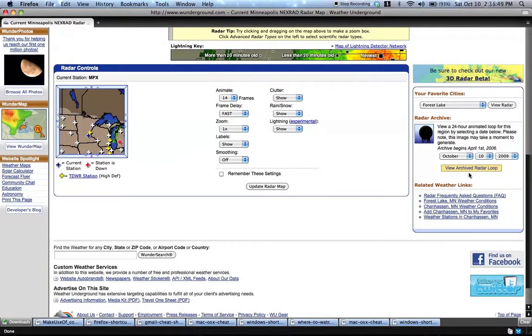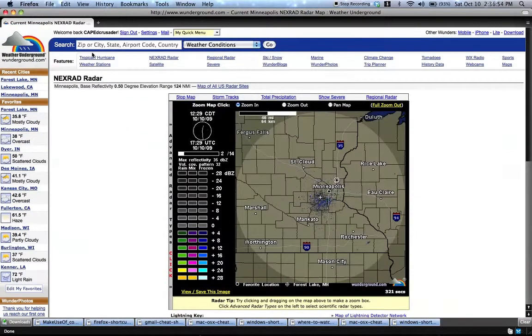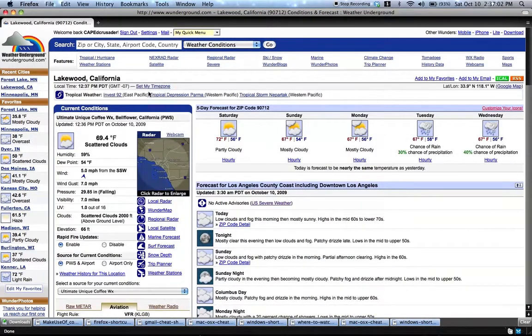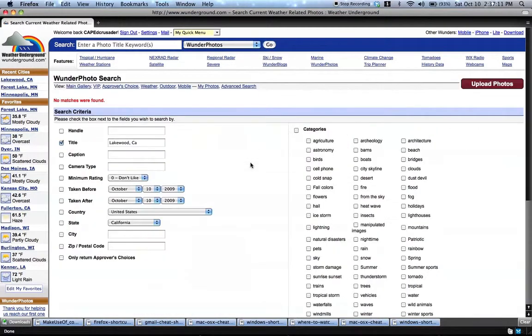We can also see an archived 24-hour loop of a previous day. We can search for anything we want to here. We could look for weather conditions in Lakewood, or we could look for Lakewood, California photos, and there aren't any. But if I type in Minnesota,